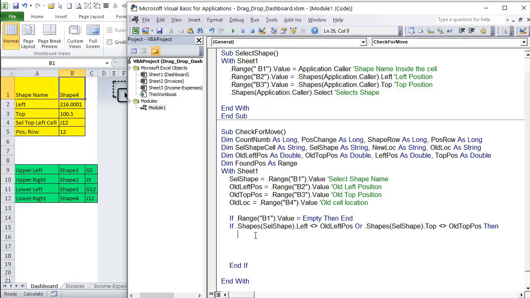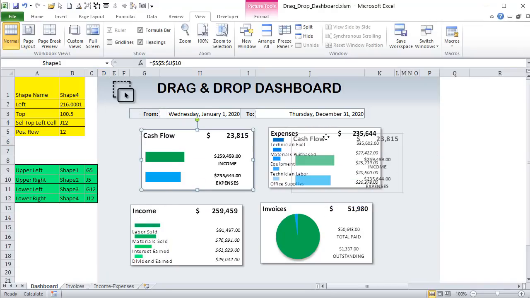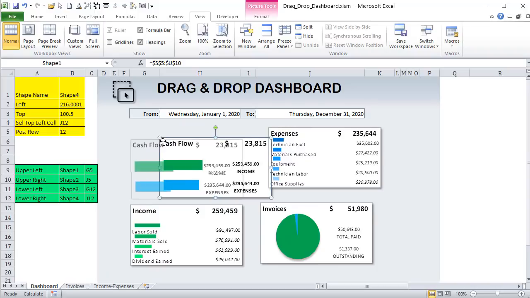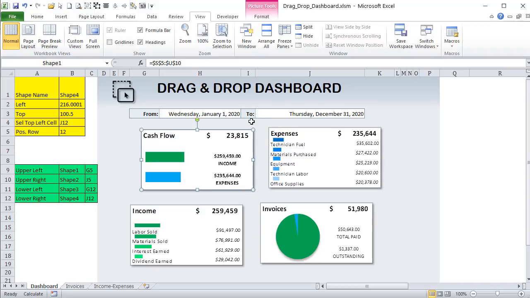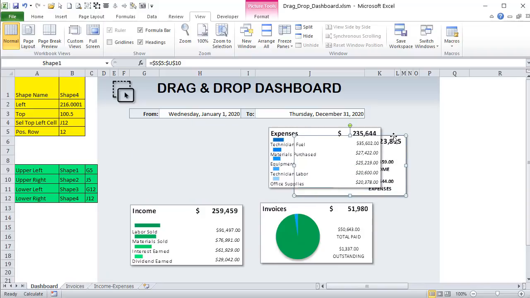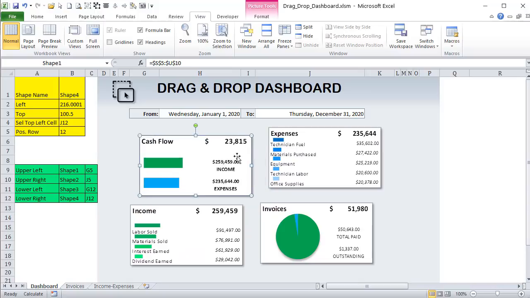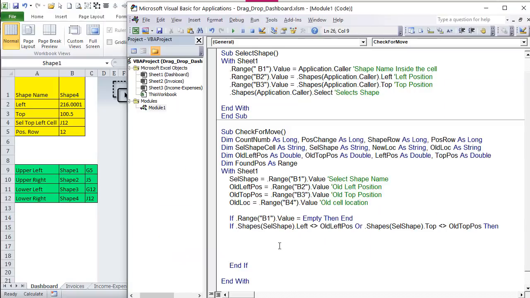So the first thing I want to do is check: has it moved to a new quadrant? Has it moved here, here, or here? Or has it just moved a little bit here, here, here? So I want to check based on where it's been moved to. What is its new location? Is it all the way over here? Is it here? Is it here? Or has it just moved a little bit here? We can do that with additional if-then statements. So let's write that now. We're going to check for quadrant